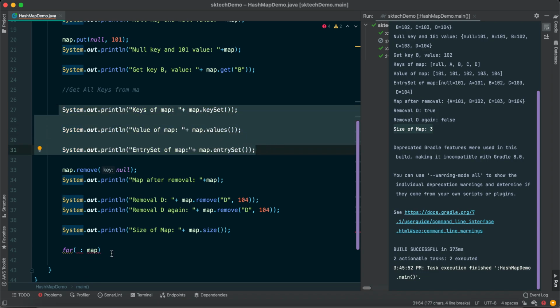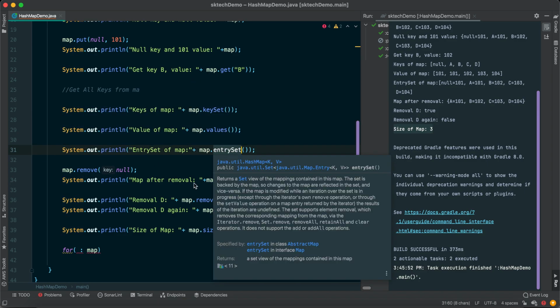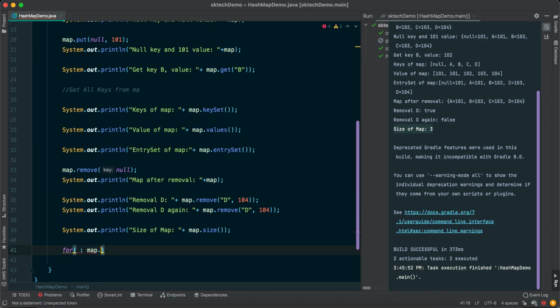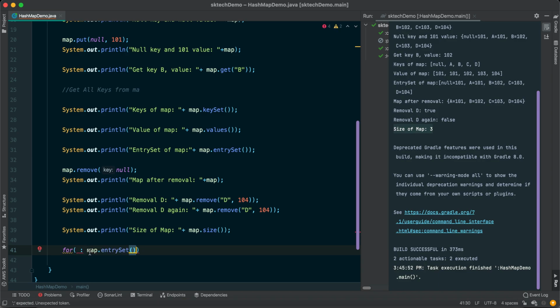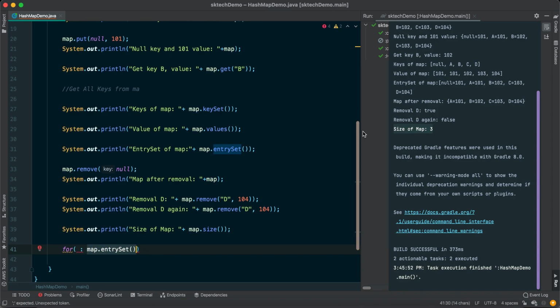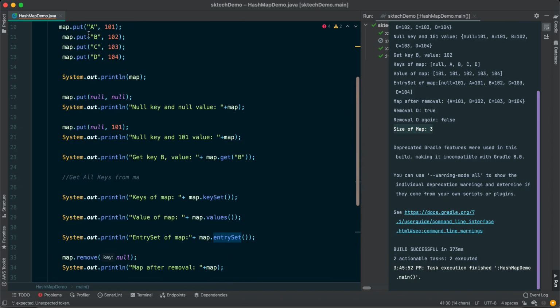If you want to iterate any map, we need to use one of these methods. Let's say we use entry set for now. What is it going to return? It is going to return the list of entry sets available inside this map, right? That's what we have seen and printed here.